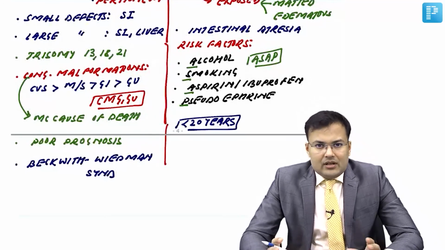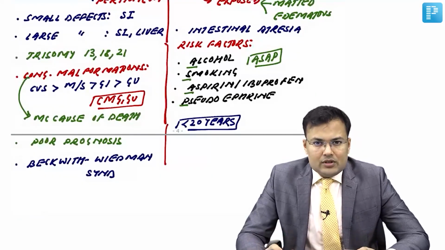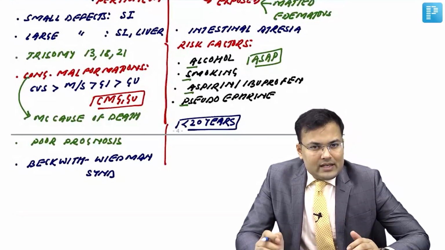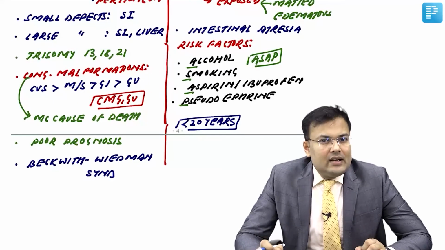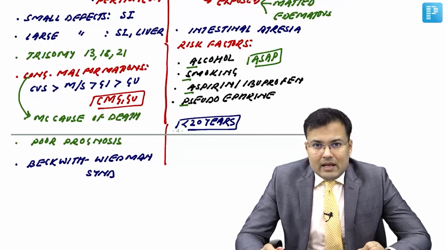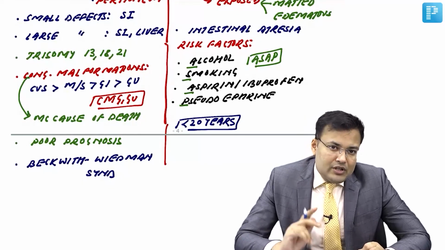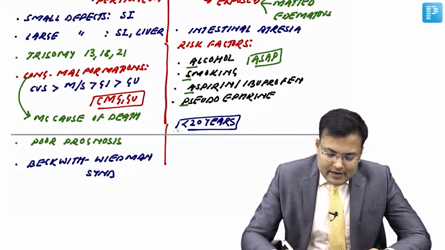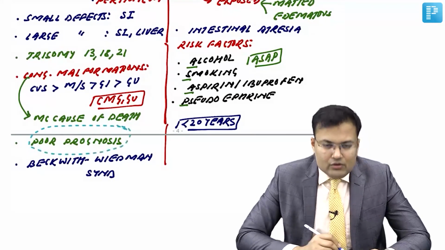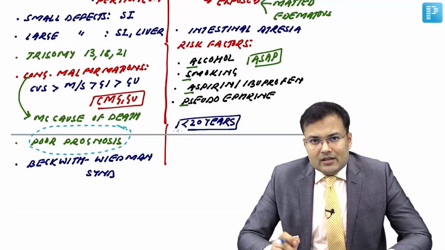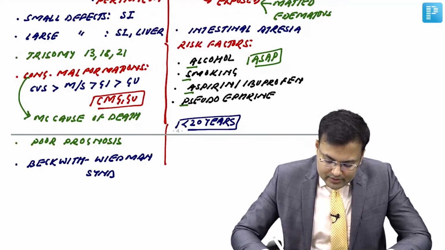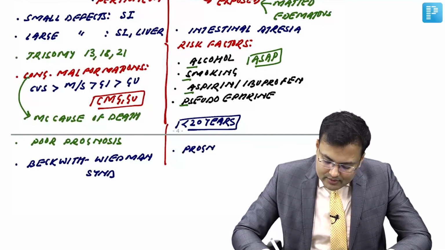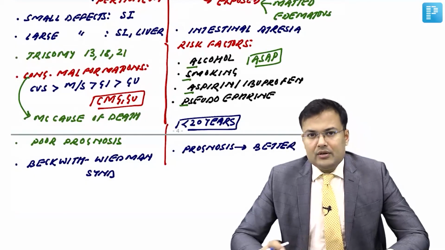Now if you see the picture, in gastroschisis the bowel is exposed. So it gives the impression that if the bowel is exposed, there is increased risk of complications, so prognosis must be poor. But what's the good thing? This is generally not associated with the congenital malformations which were responsible for death in omphalocele. So if we compare the prognosis with omphalocele, in gastroschisis relatively the prognosis is better.